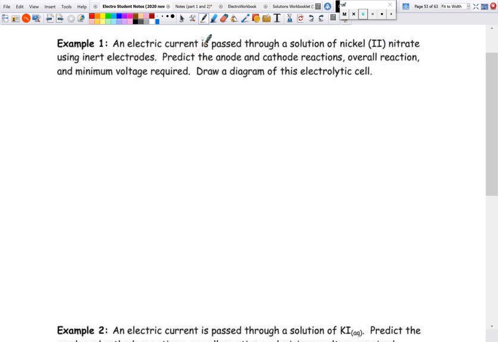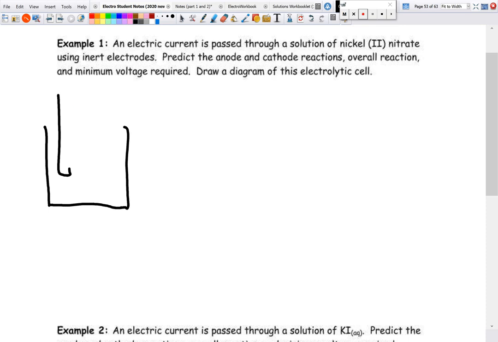An electric current is passed through a solution of nickel 2 nitrate using inert electrodes. Predict the anode and cathode reactions, overall reactions, minimum voltage required, and draw a diagram. All right, so that's a lot there, but really when you get going, it's not too bad. So the diagram,